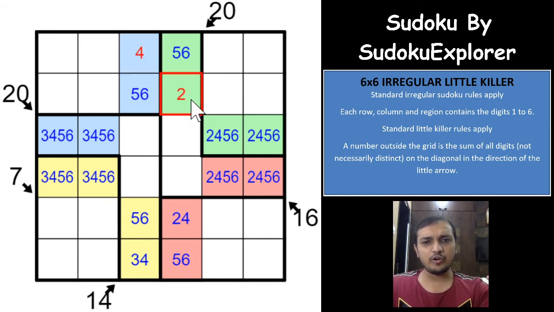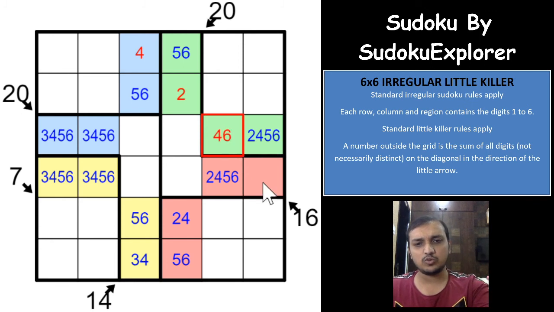The moment you have a 4, you would have a 2 here. That will lead to 6 here, and that sums to 16, right? So we need 10 more, right? 10 more in these two cells, and the 10 more is only possible with 4 and 6, because using these 4 digits you can have only 4 and 6 in one of these 2 digits.